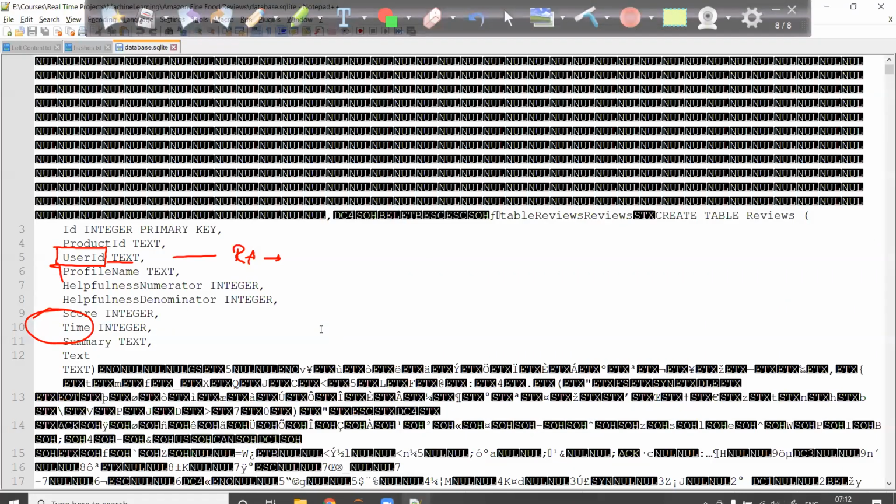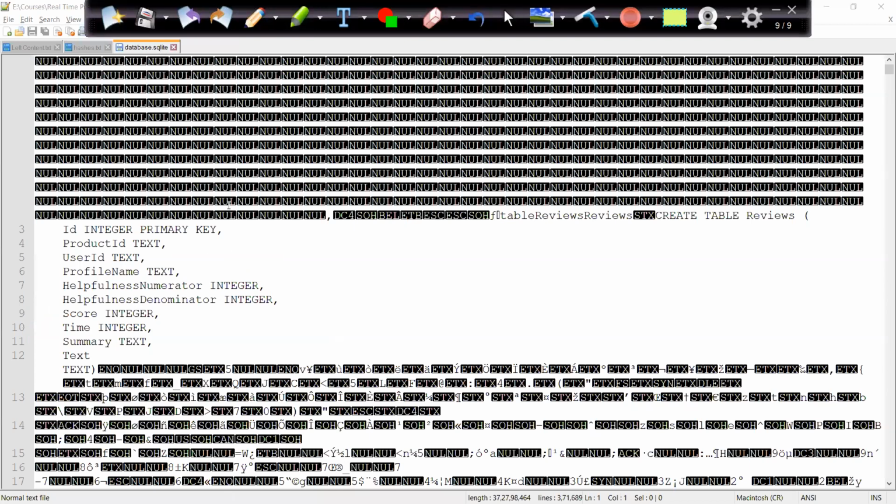Then if I go back to my data, you can see now we have some more columns coming in, which is known as helpfulness numerator, which is an integer, and we have helpfulness denominator, which is also an integer. Now these columns, they are maintaining it, so we should have the understanding of what these columns are and what is the meaning of it, right? So if you are not clear, you have to check with the business that what's going on, what this column means actually.